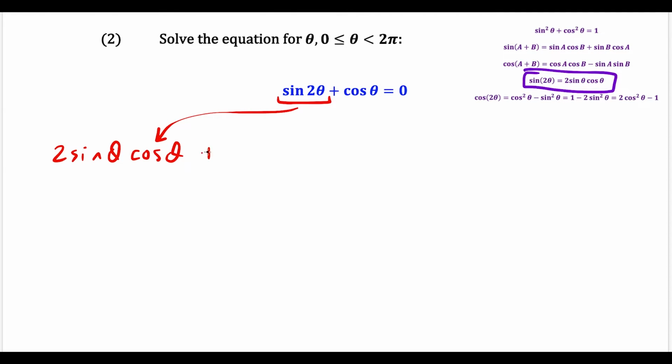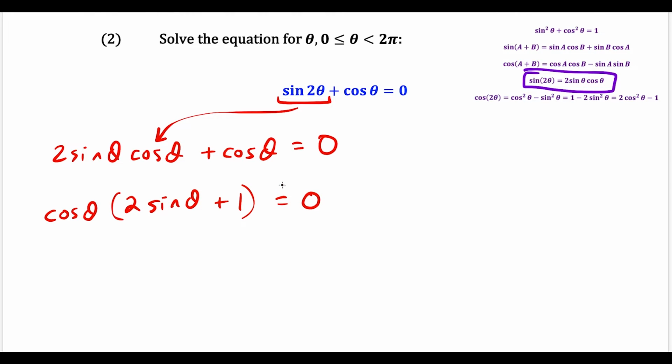And then we could just tack on the plus cosine theta and set this all equal to 0. So now from this step, we could just factor out the greatest common factor, which is cosine theta. And I have cosine theta, but now I'm left with 2 sine theta, and then I'm left with plus 1 after we factor out cosine from the second term. And this is all equal to 0. So now, same process as before, we set each factor equal to 0. And what we have is cosine theta equals 0, and we have 2 sine theta plus 1 is